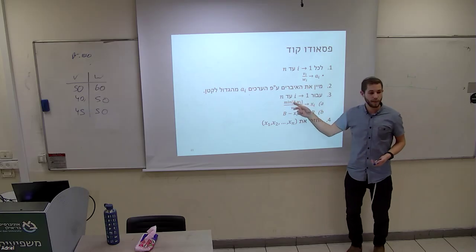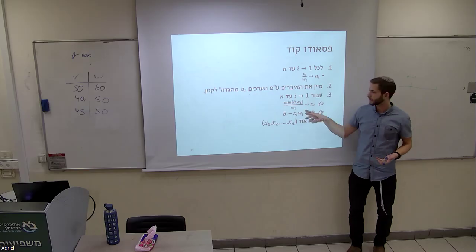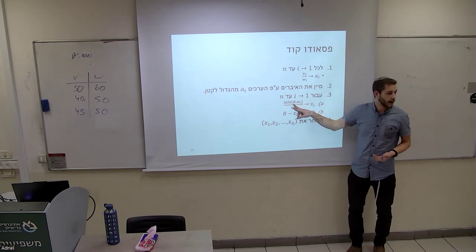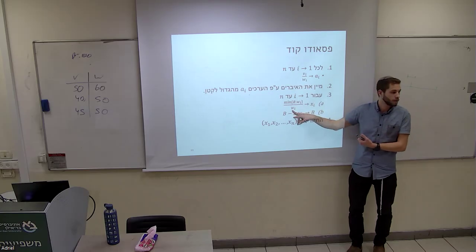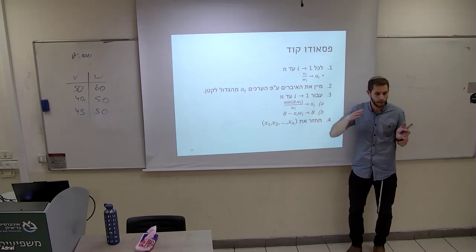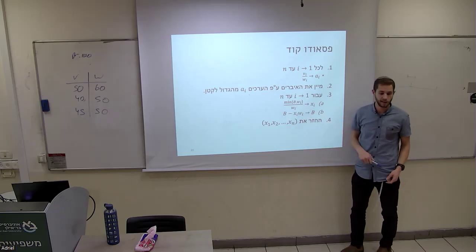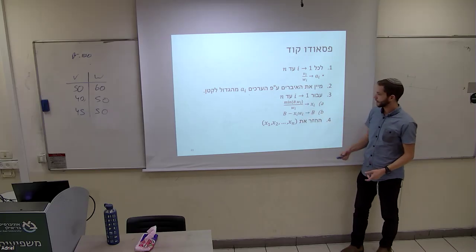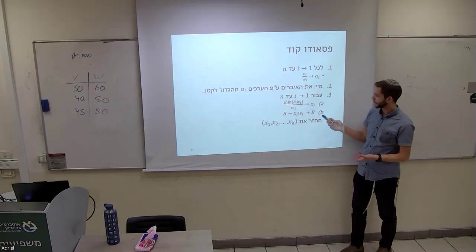If we don't have enough room, meaning B is smaller than the weight of the item, then we can only take up to B. And how much of the actual item are we going to take? We're going to take B divided by the weight of the item. So when we multiply it by the weight of the item, it gives us B, and our knapsack will be completely full. So that's why we're taking the minimum between B and w_i. We add that into x_i, which is how much of the item we're taking.